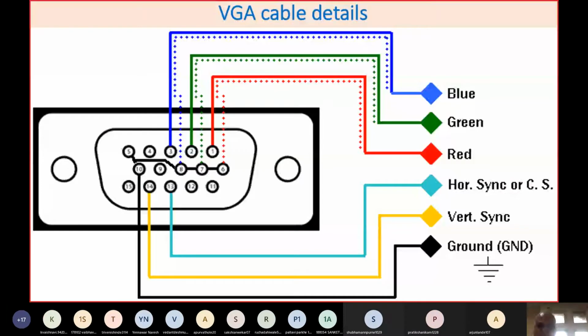Okay, as I said, we'll start with the fourth topic, which is related to display devices and their characteristics, mostly comparing LED and LCD monitors, how they work, even the CRT monitors and their characteristics. Then about printers and scanners. So these are the topics related to this. So the very first, I'll start with the VGA.